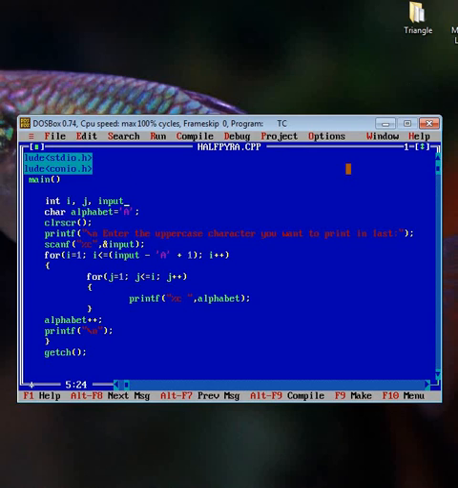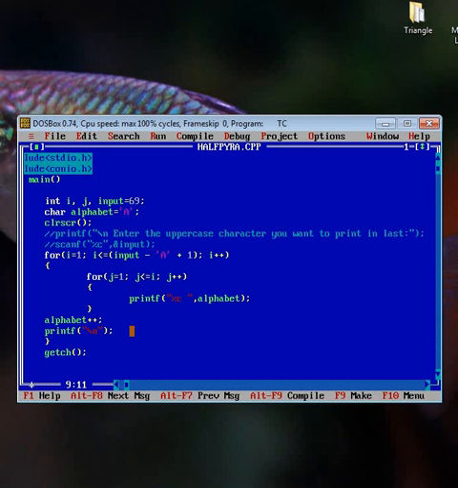Suppose I have given input capital E. The value of capital E is 69, and I change the value of input to 69, and comment those lines.